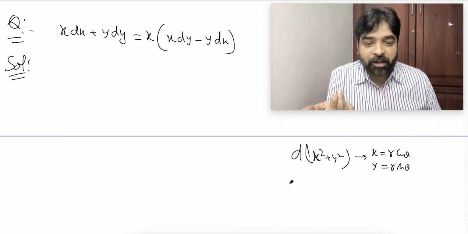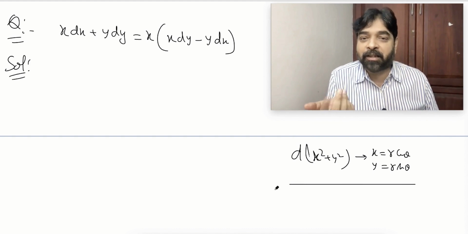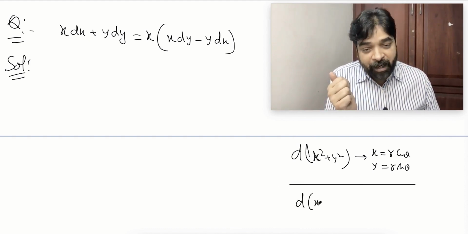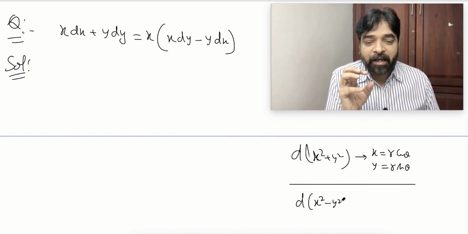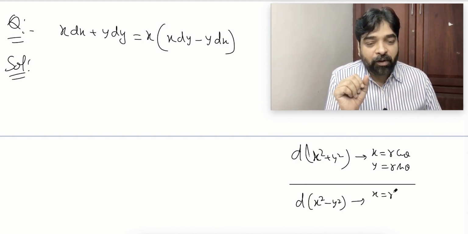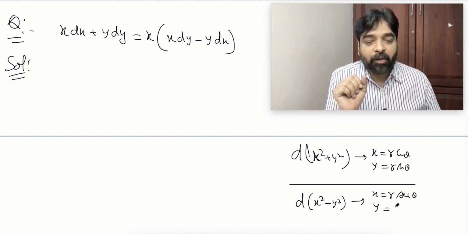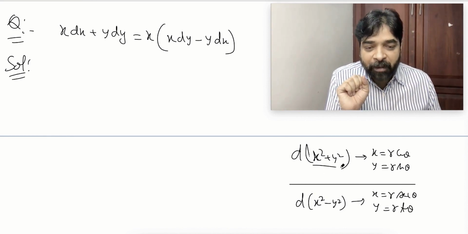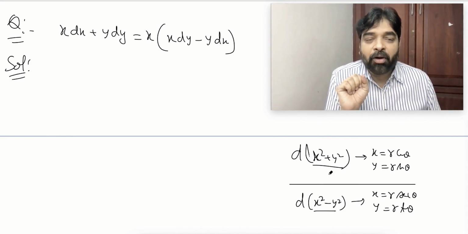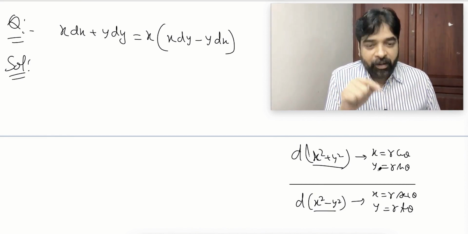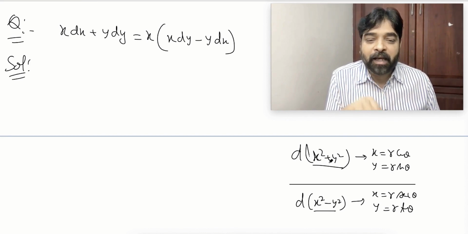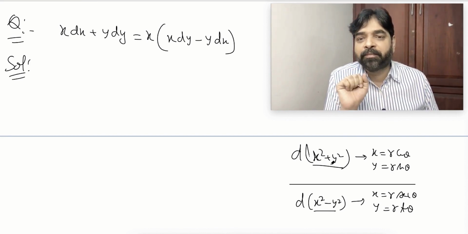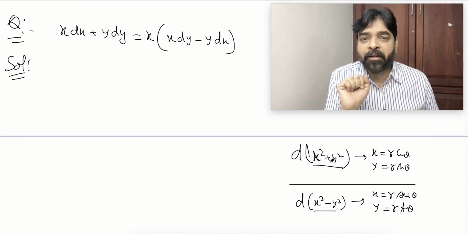Because you know, we are doing indefinite integration, so the chance will be high. If anywhere you are getting x square minus y square, I will suggest that you put x equal to r secant theta and y equal to r tan theta. The purpose is that if something like this is coming, try to make it one variable. So if I put x equal to r cos theta, y equal to r sin theta, this value will become r square or not. Have you understood the point? Is it clear to everybody?